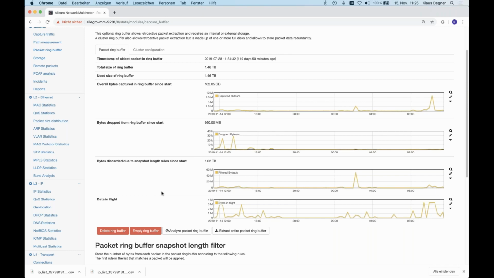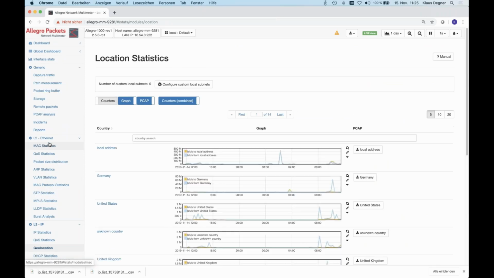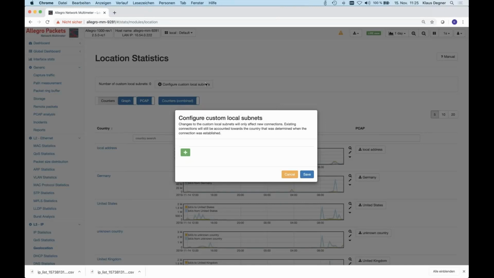Okay, now I have 3 other small items that we changed and that are also quite helpful. Number 1 is for the geolocation. We added the option that you can configure custom subnets that will be used as local subnets. We have seen many installations which are historically grown, or installations in production sites where global subnets, so 1/8, 2/8, have been reused for local routing.